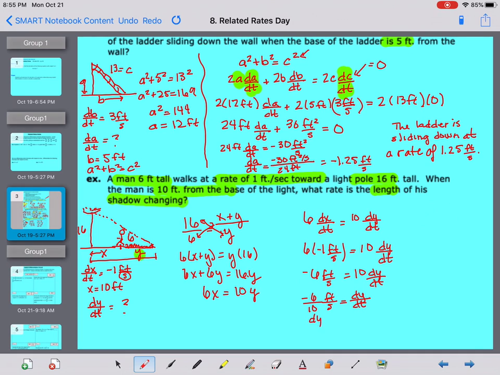Okay, and then if I wanted to simplify that, negative 6 over 10 gives us a decimal value of negative 0.6. I don't know why I needed a calculator for that. Negative 0.6, and of course, feet per second. Okay. So I could say that the length of the shadow is decreasing at a rate of